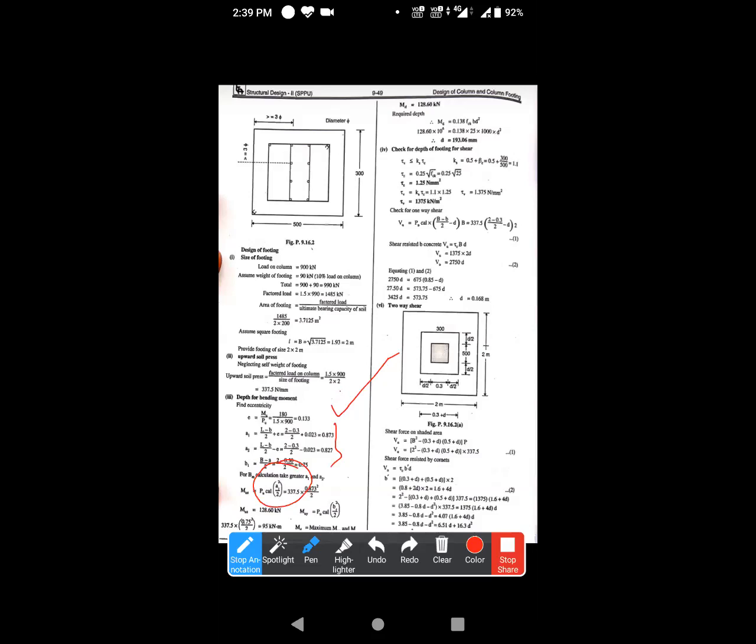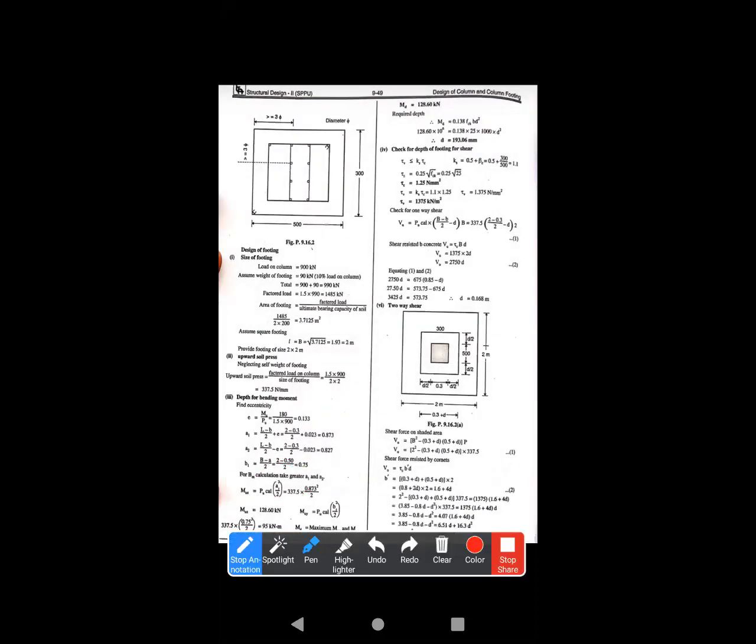When the upward pressure is 337.5 into 0.873 whole square upon 2. वैसे MUX मिलेगा, वैसे MUY फाइंड कीजिए. और इसमें B1 है, ओके, उसमें B1 की वैल्यू पुटअप कीजिए. और उसके बाद आपको देखना है कि maximum value लेनी है आपकी MUX एंड MUY से. Whichever is the maximum value you have to take from the MUX and MUY. ओके, तो मैक्सिमम वैल्यू कौन सी है, MUX की है. Therefore डिजाइन मूवमेंट आप किस पे करोगे, आप मूवमेंट